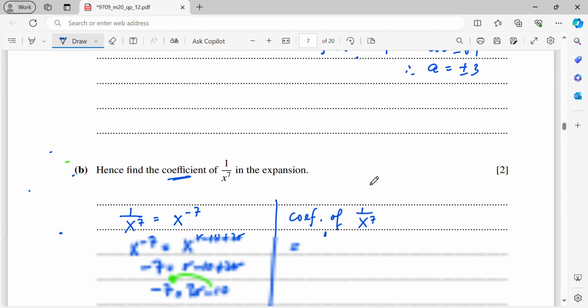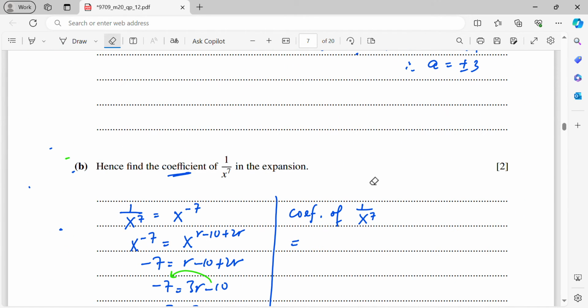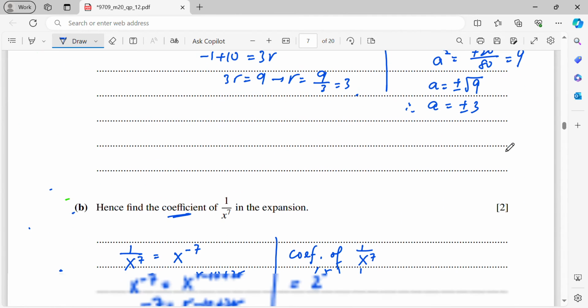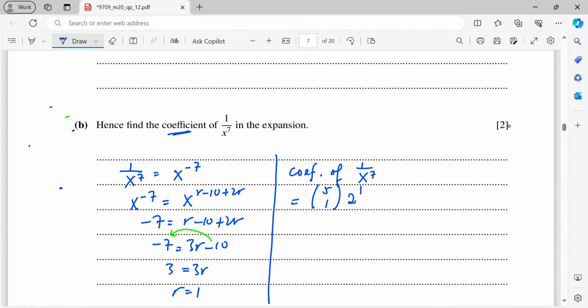Okay, 5c1, 2 to the power 1. Then the a to the power 5 minus 1. According to here, a to the power 5 minus 1 means a to the power 4. So now my a is plus minus 3, right? A to the power 4, so my a is plus minus 3. So a power 4 will be plus minus 3 power 4,